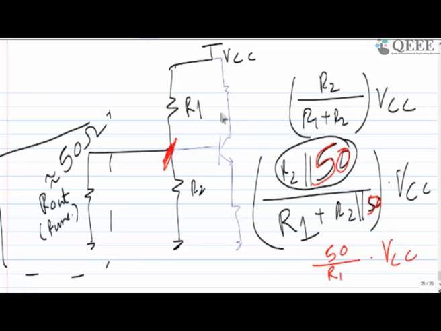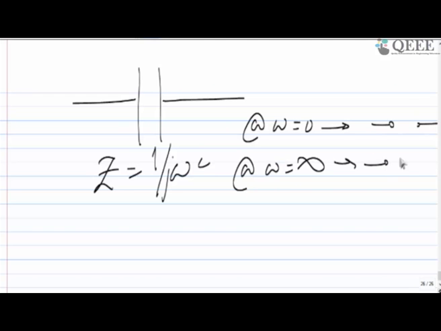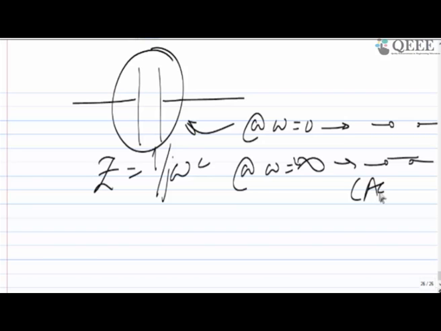So what I can do, before that, let's study one more thing. I believe you know it, but still I'm keeping it so that you can understand. If there is a capacitor, its impedance is 1 by j omega C, and at zero frequency this becomes infinity, so it's an open circuit, and at infinity it's a short circuit. So the role of this capacitor is blocking zero frequency, and at infinity it's allowing everything. So it allows AC, but it blocks DC.